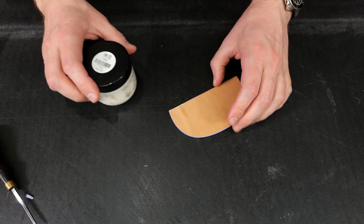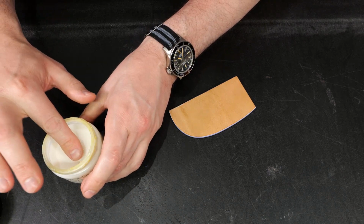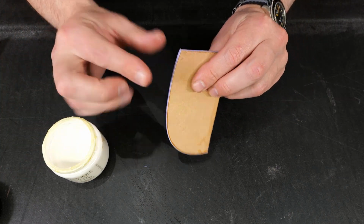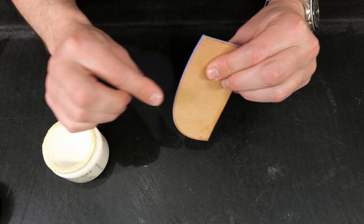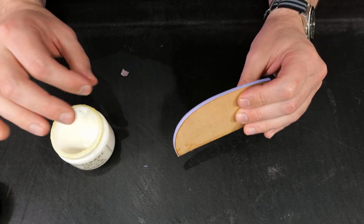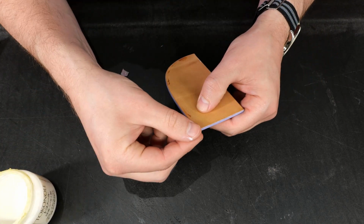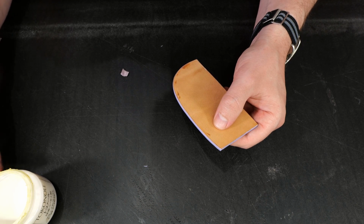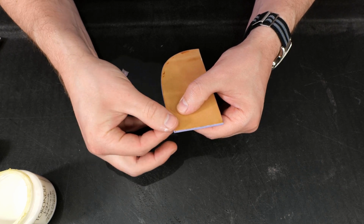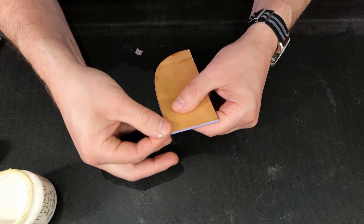So to combat that, I'm going to take some Tokonol. And just place a little bit on my fingers. Okay, just a little bit. And I'm going to hit the very sides of the edge only. Okay, if I was going to do this for real on undyed vegetable tan leather like this, I would have waxed the surface first of all to make it resistant to moisture and Tokonol. But as this is an experiment,